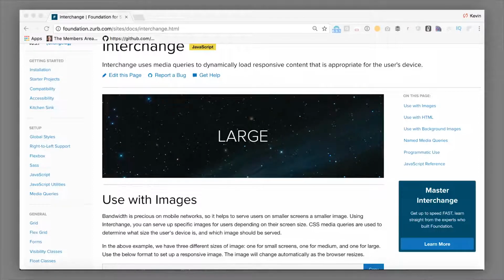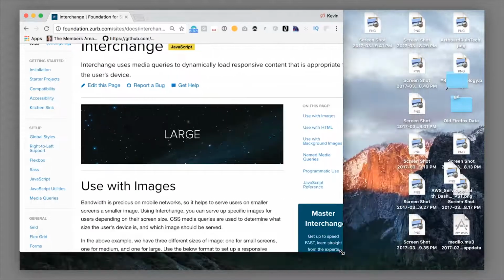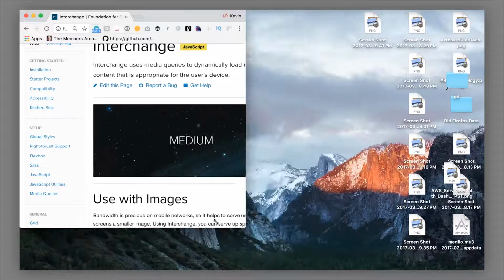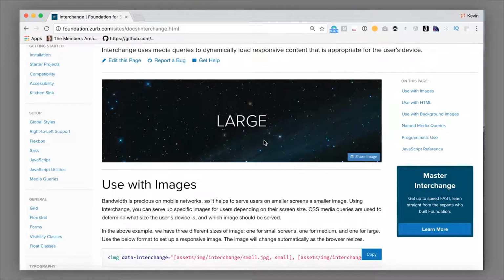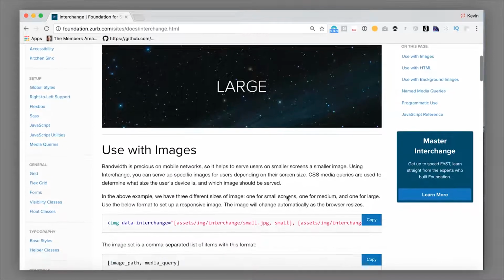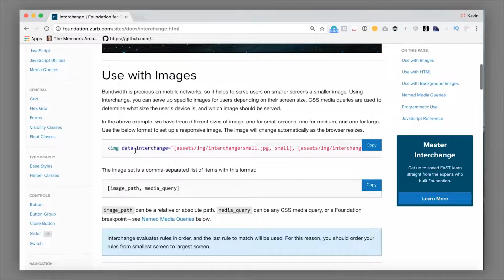So we're here showing a large image. As our screen resizes down, it switches over to a medium image, a small image. Those could actually be totally different images, or they could just be different levels of optimization, different aspect ratios, things like that. What this ends up looking like is, instead of a source tag for the image, we use a